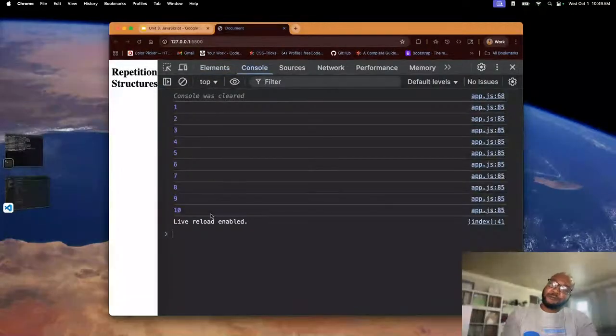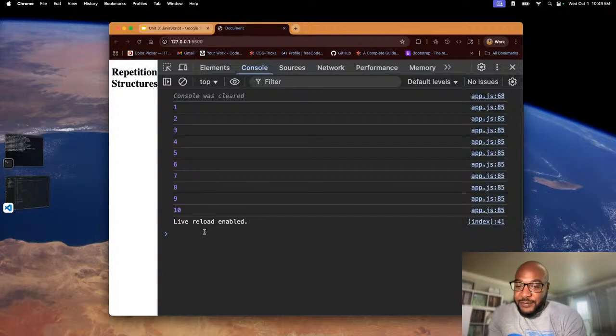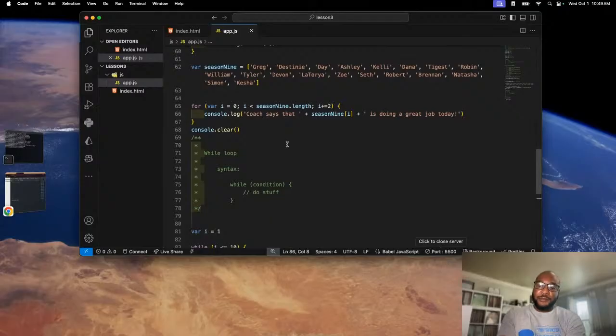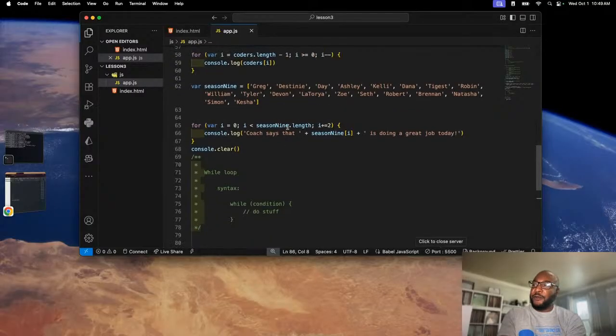There we go. There's 1 through 10. What happens if the number is 3? Meaning back up here with the for loop, Destiny, referring right here. Oh, then it would skip over 2, so start at 0, and then it will add, so 0 plus 3, so this is 0, and then 1, 2, 3, and so it would